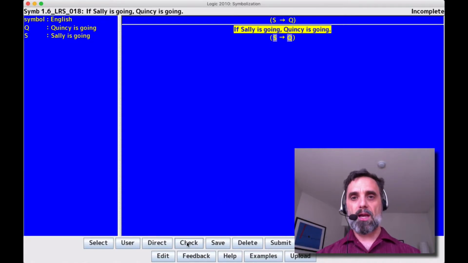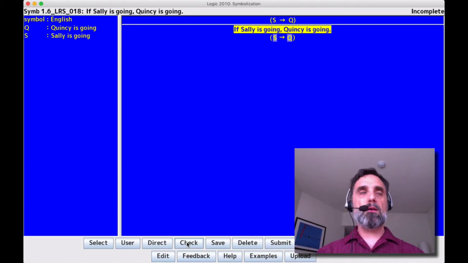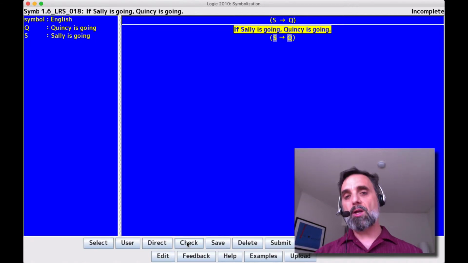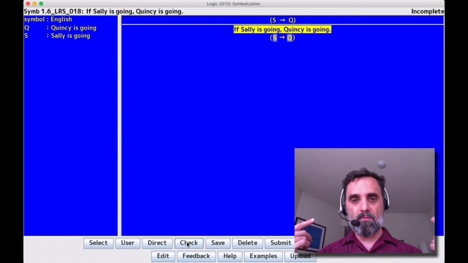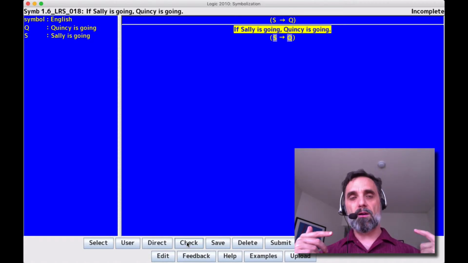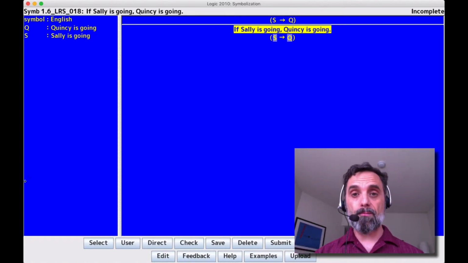And we check it, and it's incomplete. What is going on? In a broad sense, if you were writing this out on paper, and you wrote S arrow Q, your symbolization would be correct. What's happening is we've correctly identified the pieces, but we've made a mistake in telling the program what's going on. If we look, this arrow is on a dark blue background,